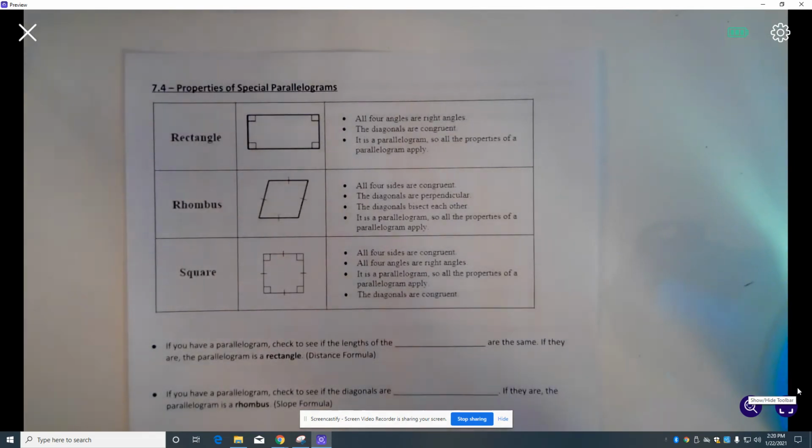In this video, we are on pages 3 and 4 of your Supplementary Notes page for Lesson 7.4. And in this problem, we're going to be using the properties of rectangles, rhombuses, and squares to prove if a parallelogram is one of these types of shapes. So first,